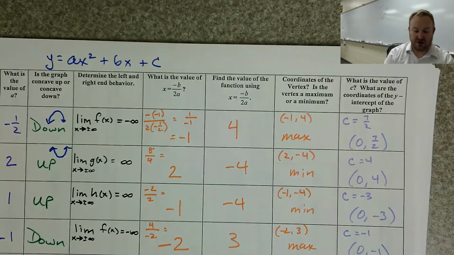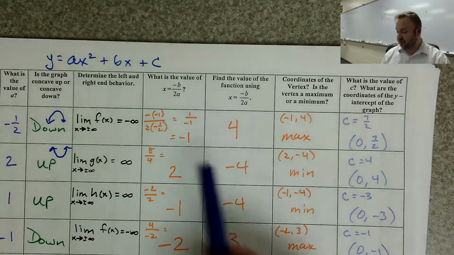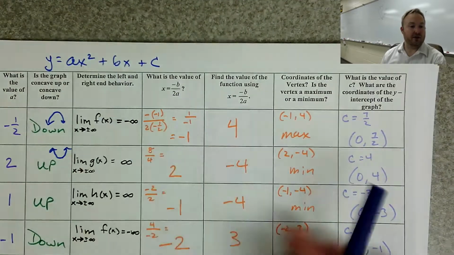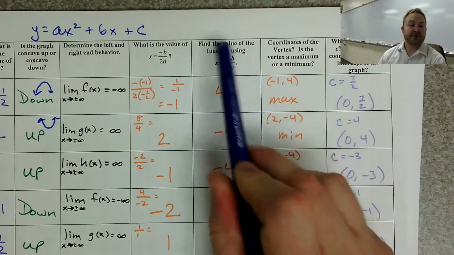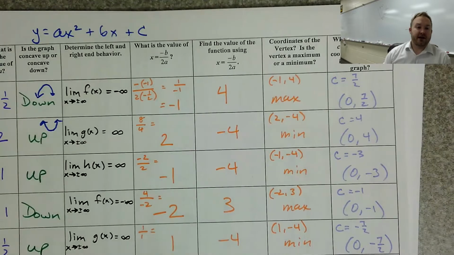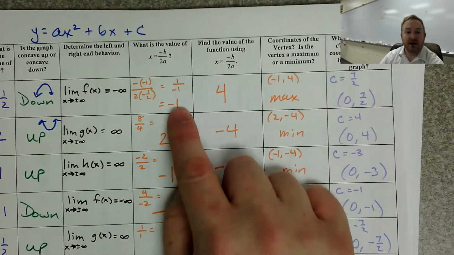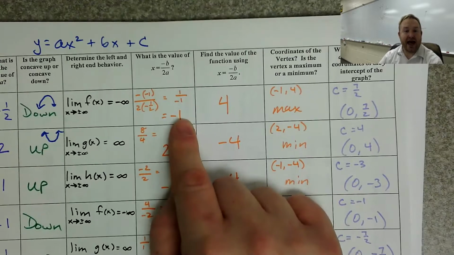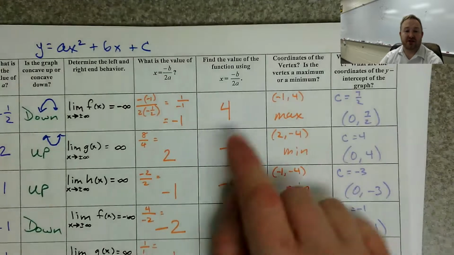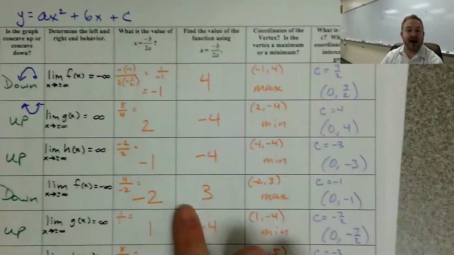We're not really going to go into it in the videos. It comes from the quadratic formula, but I went ahead and found the negative b over 2a, just using my b value and my a value, and then it says find the value of the function using that x coordinate. So after finding negative b over 2a, I pretended that this was my x coordinate. I plugged that number in for x into each of the functions and found the y coordinate,